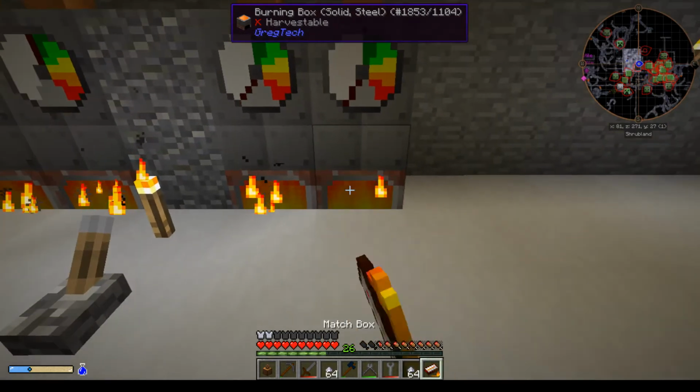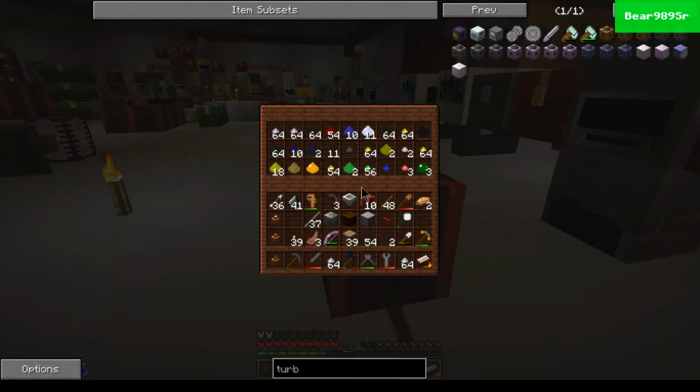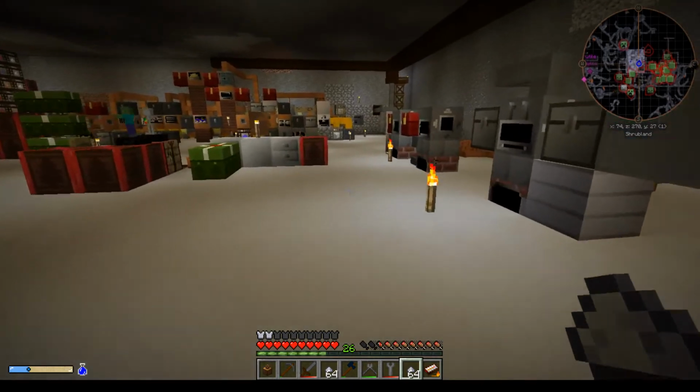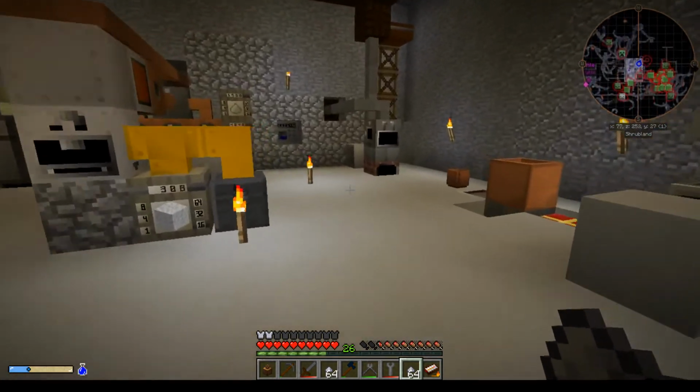There we go. Fire that bad boy up. And we'll go get rid of this ash. And we had an explosion today